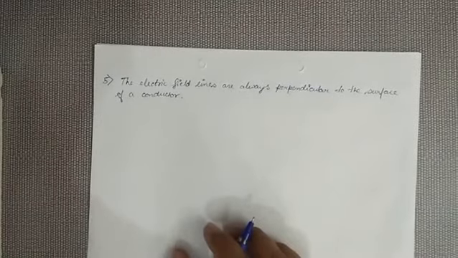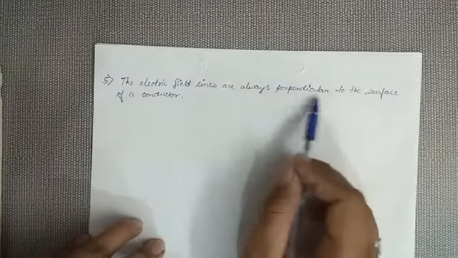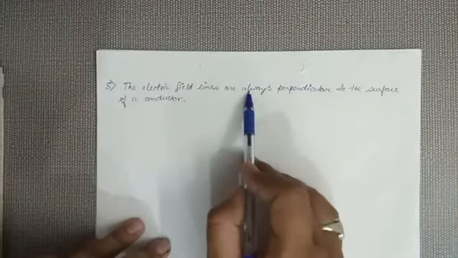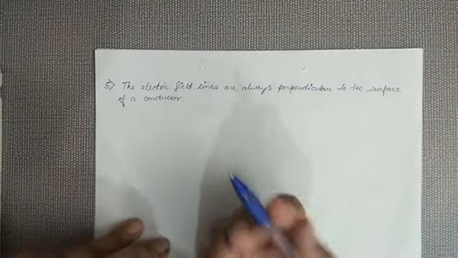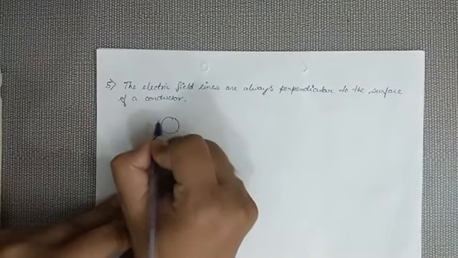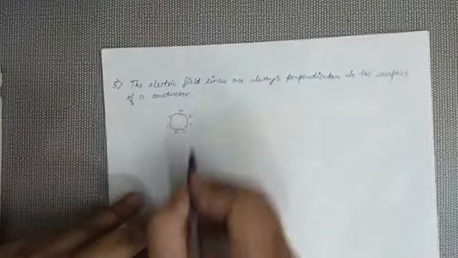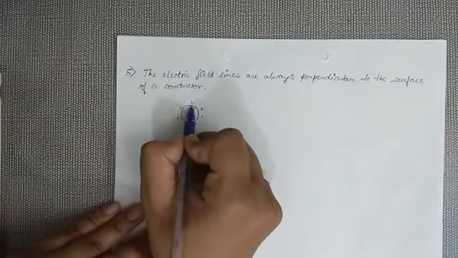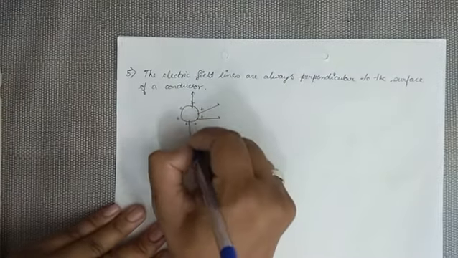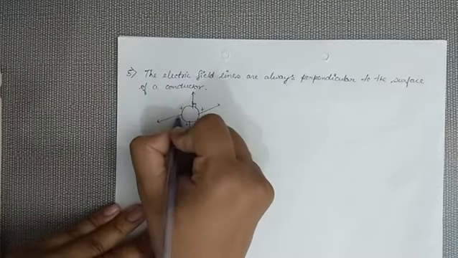So moving toward the fifth point, electric field lines are always perpendicular to the surface of a conductor, or you can say electric field lines are always perpendicular to the charged body. Now suppose it is a conductor and positive charge is given to this conductor. As it is positive charge, we know the electric field moves outward. The direction of this electric field will be outward, but this field line will make an angle of 90 degrees